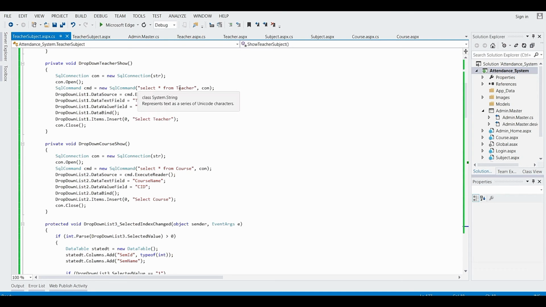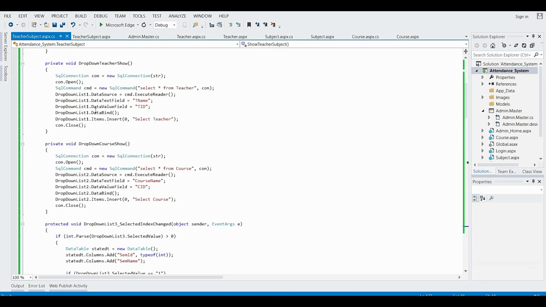In the teacher table, there are columns t name and tid. tid is the primary key for that table, that is teacher id, and t name, that is teacher name. So based on that, it is going to display the data in drop down list one.